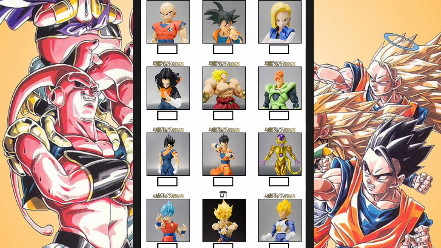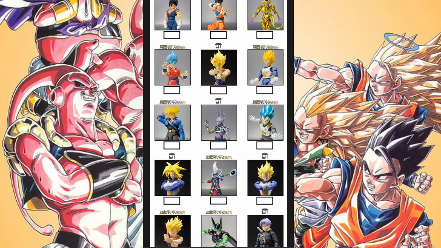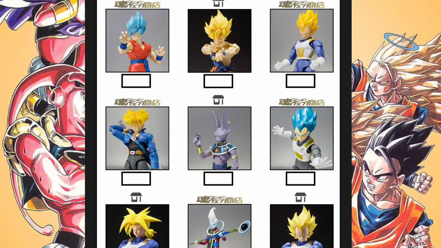But with that being said, here we go. The first reboot of the line. The 2.0 era. The first reboot. So now we're in the first reboot of the S.H.Figuarts line. And it starts with, right here, the Warrior Awakening Super Saiyan Goku. Now, this was an amazing figure when it came out, and I think it still holds up to this day with the paint that's put on it. A level of passion that we don't see too much today.